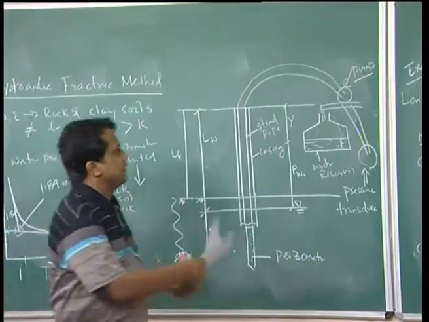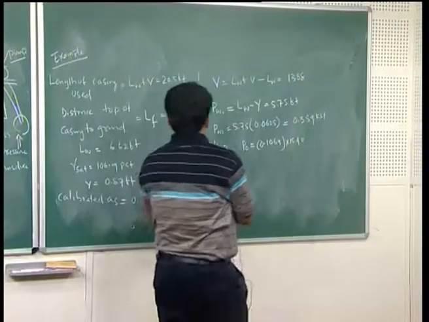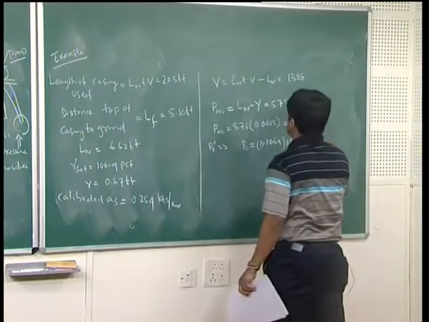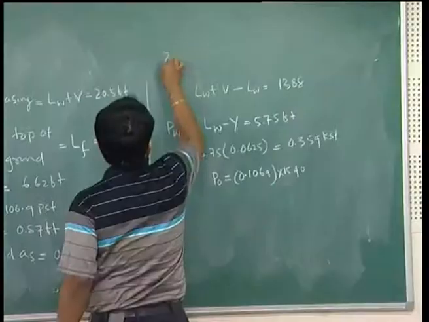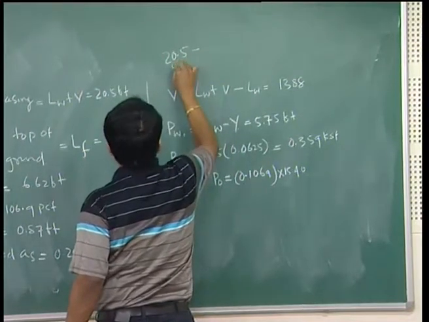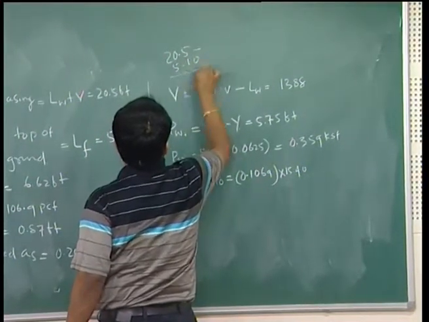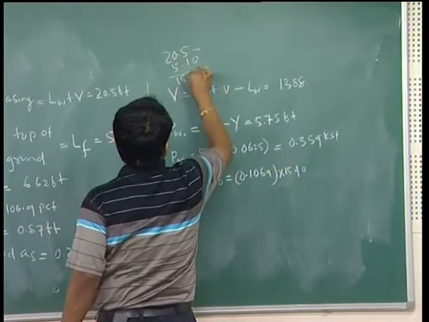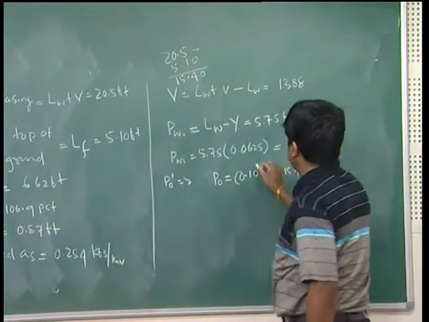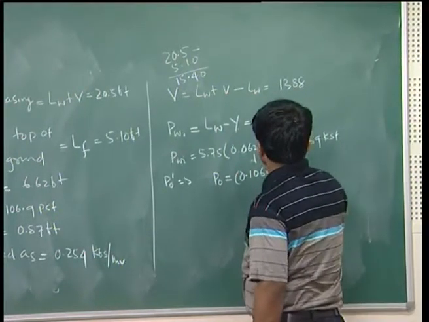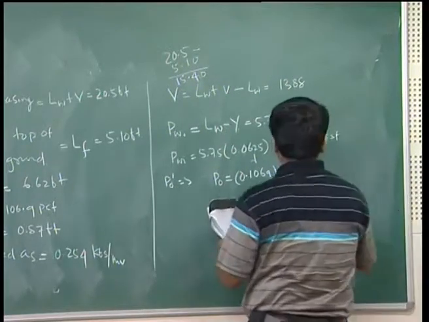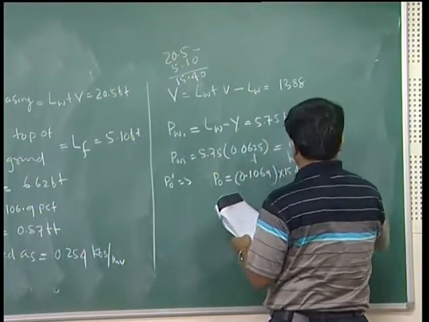So, it is 20.5 minus 5.10, it is coming 15.4. So, this is my gamma, and this is H. So, from there you are going to get